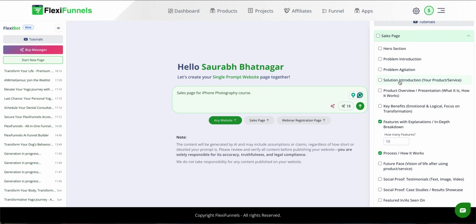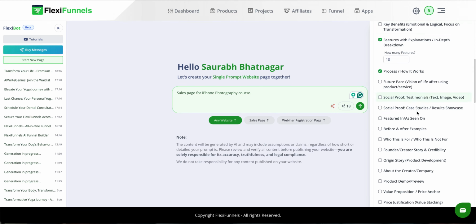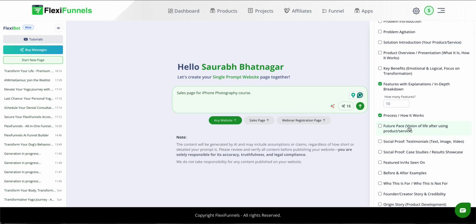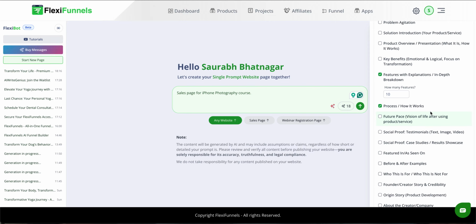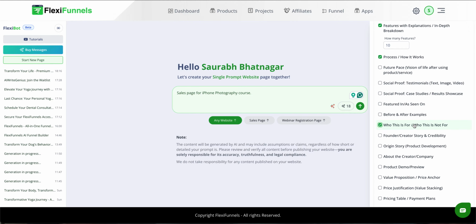So the way it is going to work is the sections that you select over here are definitely going to be added on your page. However, it does not mean that if you have not selected something, then it cannot come. It might still come because AI is going to deliver the best page to you according to the understanding of AI and the training of AI that we have done. So it is still going to deliver the best page, but the selections that you have done are definitely going to be inside your page, and that is going to enhance the value of your page because that gives you the certainty that this thing is definitely going to come.